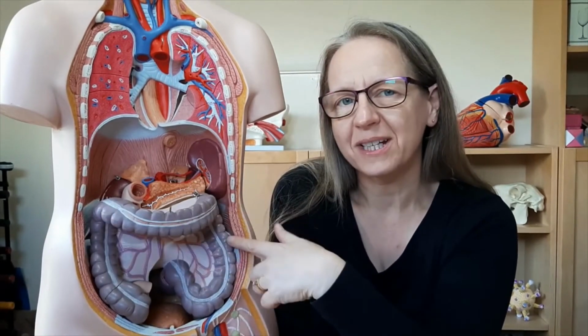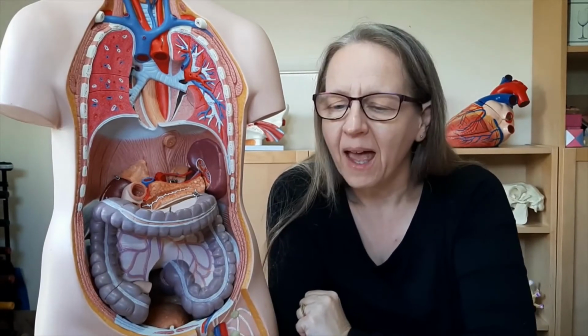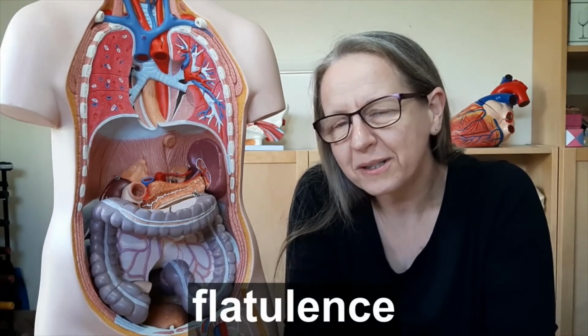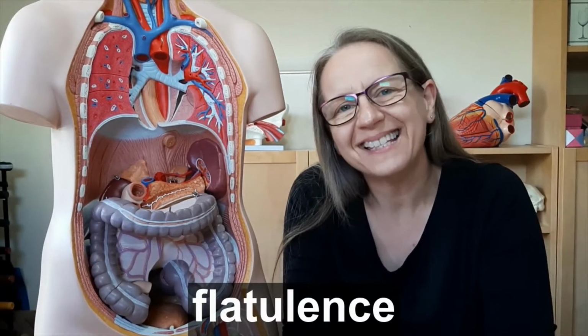Now, as the waste food gets passed along the large intestine here, and the water gets absorbed out of it, and the good gut bacteria are in there doing their job, one of the byproducts of the work of the good gut bacteria is they make gases. Yep, I did say I'd talk about farts. So yeah, farts, flatulence is its scientific word. Flatulence is caused by the gases made by the good bacteria that are in your intestines here, helping you to